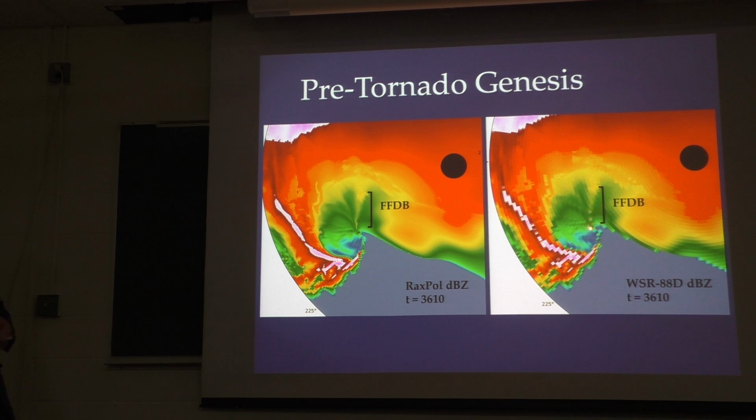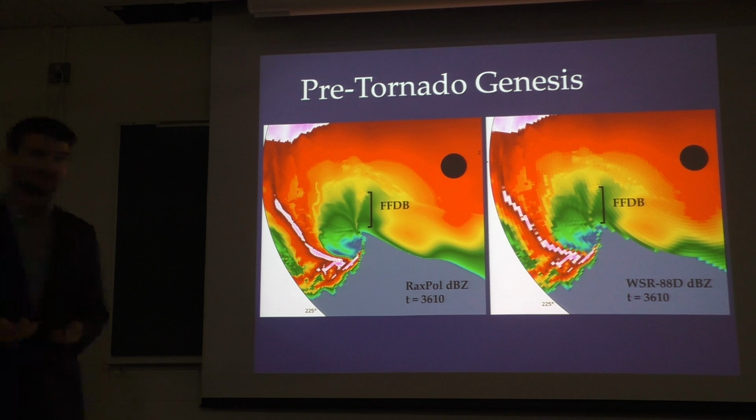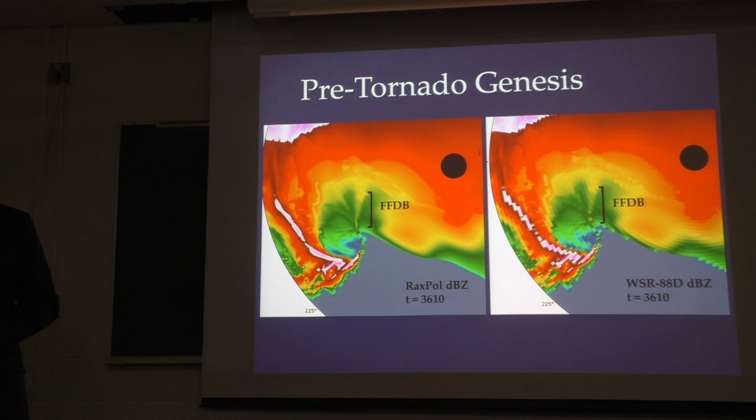I've looked at a lot of 88D images trying to see if this is actually visible on there. Most of the time it's not. I think this is a very generous estimation of this area of the storm for 88D. Most of the time when supercells get that, they would have to be really close to the radar, which they are in this case. But most of the time you're probably not going to get that information from an 88D. Kelvin, did you have a question? I was just going to ask, what's the distance from your cone of silence region to the edge of the image? From here to here? Yeah, scale-wise. I believe it is 10 kilometers. Okay. So it has to be right on top of it. Yeah, so it's pretty close.